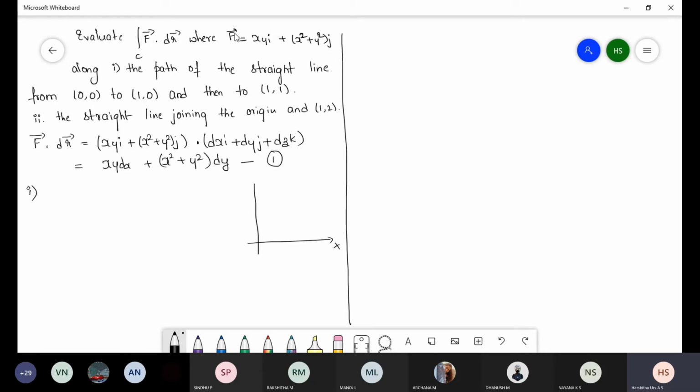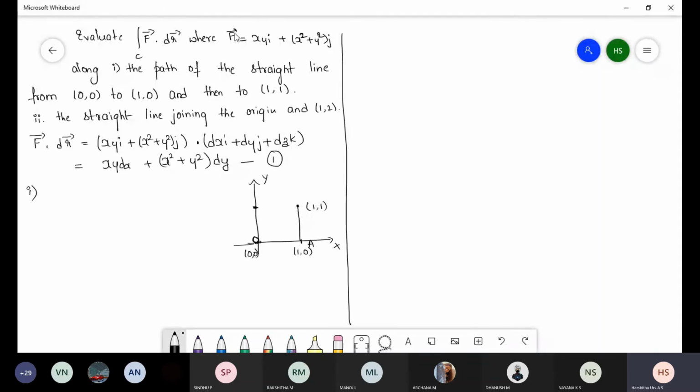So this is your x-axis, this is your y-axis. Here I define the origin as O. Now 0, 0 to 1, 1. Somewhere on the x-axis I will mark 1, 0. This one will be A. Then to 1, 1. If you consider this as 1, 0, 1, then here we will get 1, 1. This is the line.